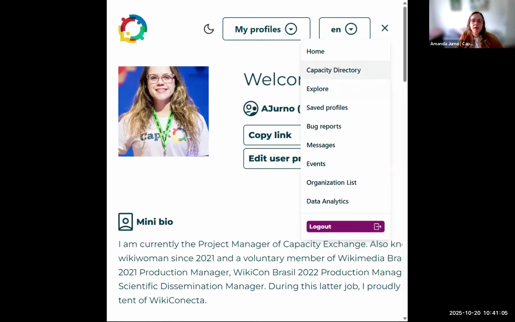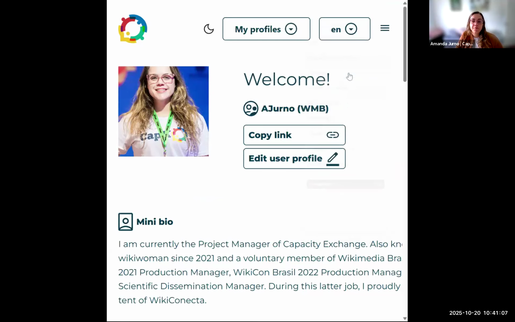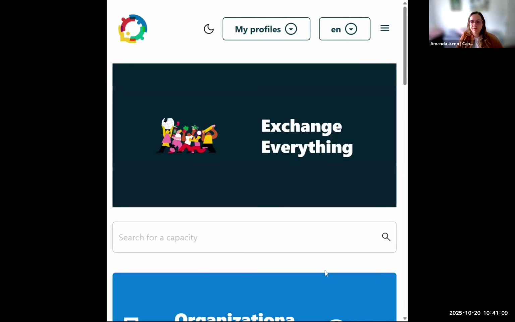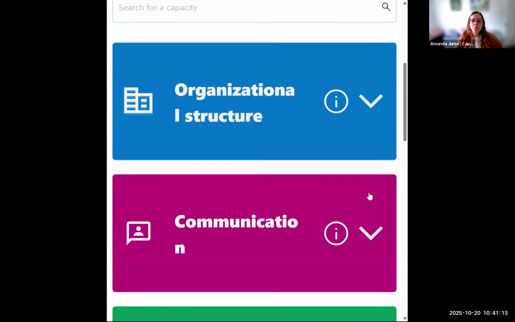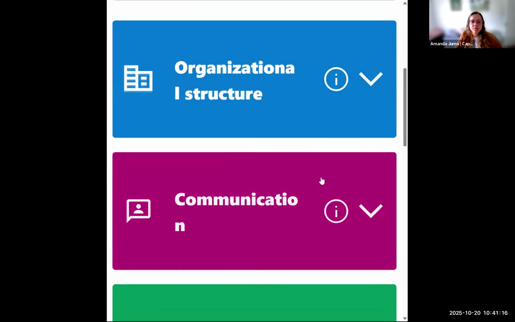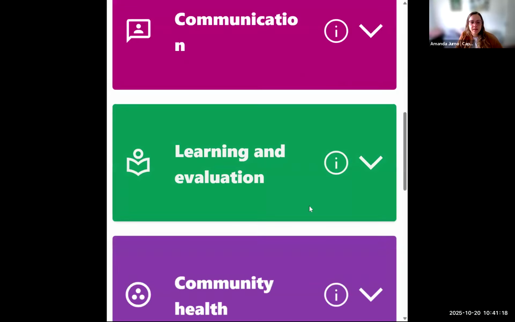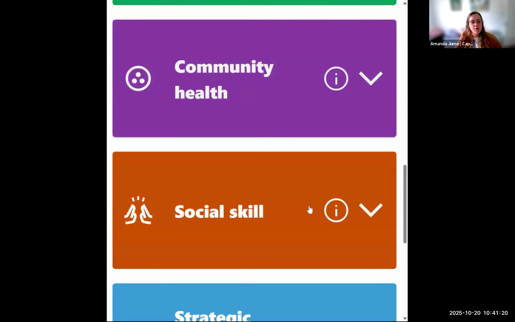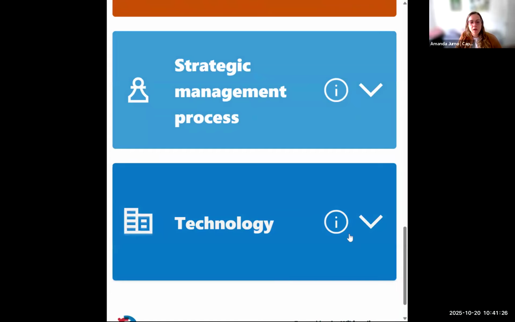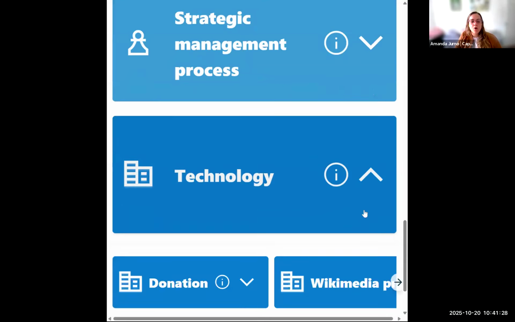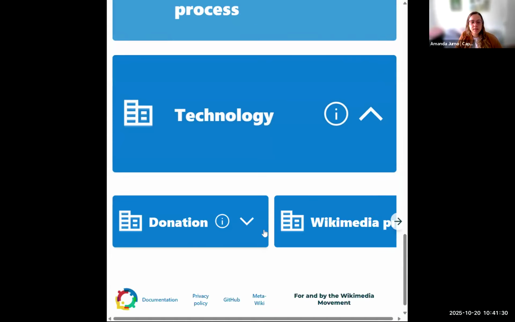Here is the capacity directory. The capacity directory features a structure of capacities organized in cards. So we have these cards: organizational structure, communication, learning and evaluation, community health, social skills, strategic management process, and technology. All of them are organized in